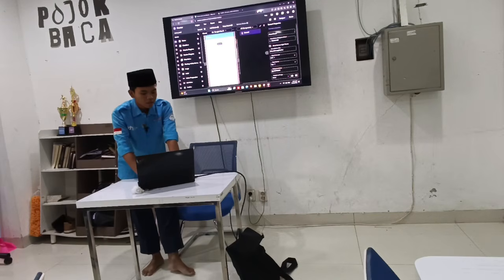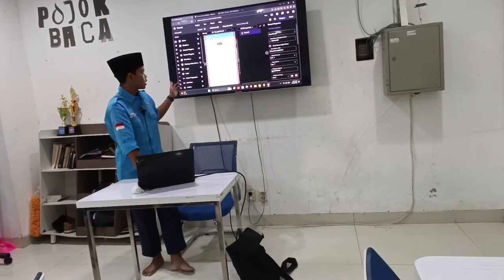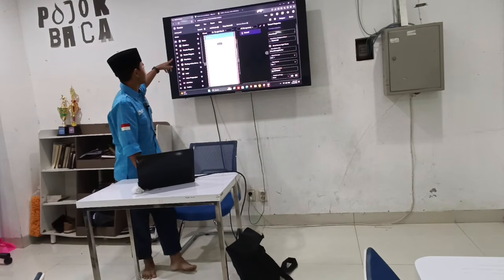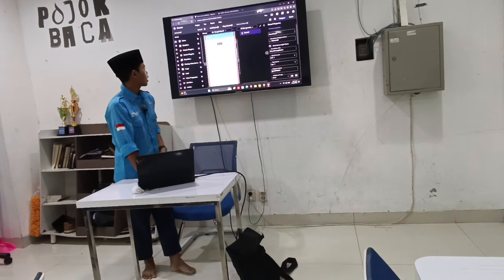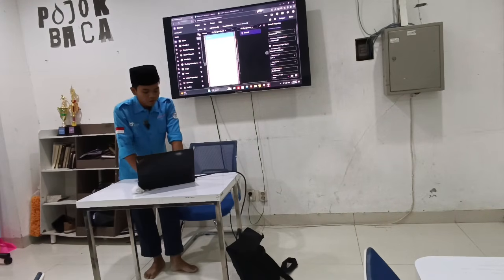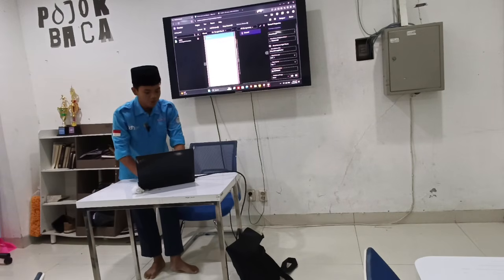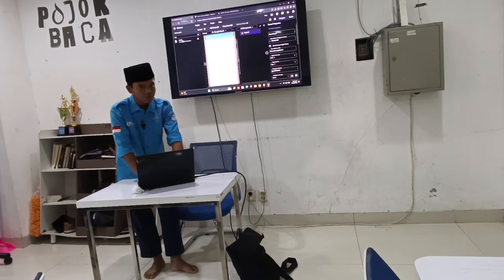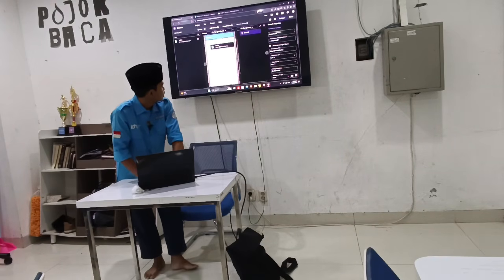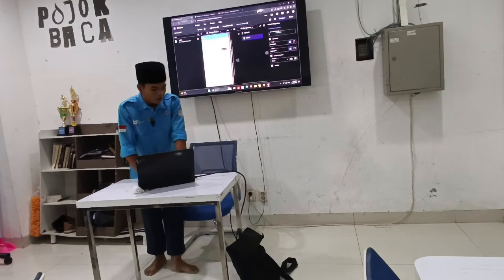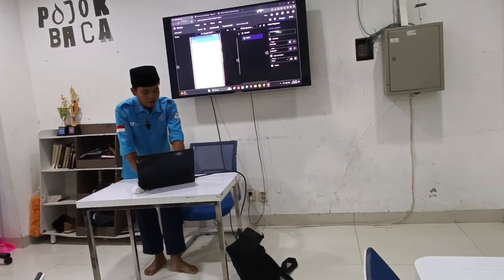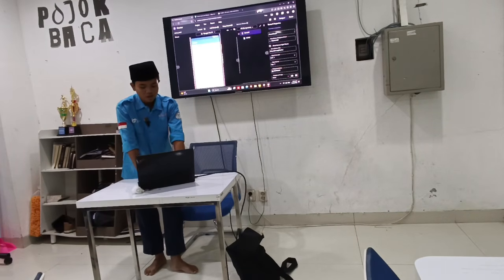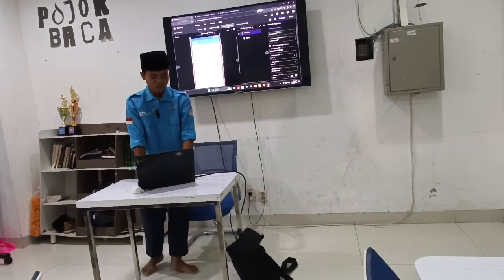For the loading screen you can go to the left side. Here on the left side there is a bar where you can add components. First, for the loading screen, you need to search for Lottie animation or just Lottie, and then drag it to the phone screen. In the phone screen, the Lottie is on the top left side.